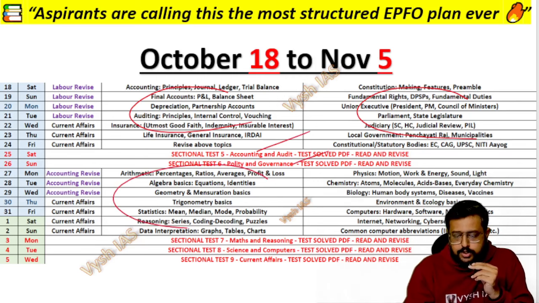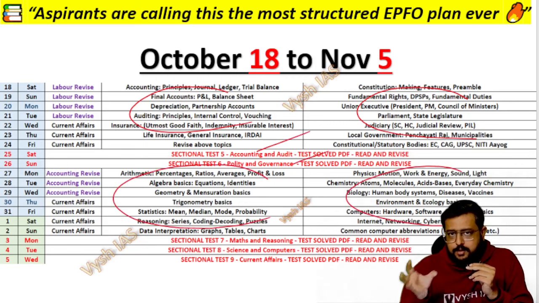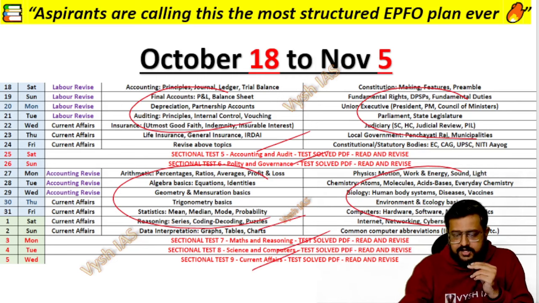Then after that you will do the CSAT related study for 2 hours every day for 6-7 days, and then you'll do the science and computers part. All these crisp notes I am working on, you will get them on these particular dates. Then you will do the sectional test of maths, sectional test of science and computer, and the final sectional test of current affairs. Current affairs, 1 hour you have been doing, so maybe we'll give you notes,